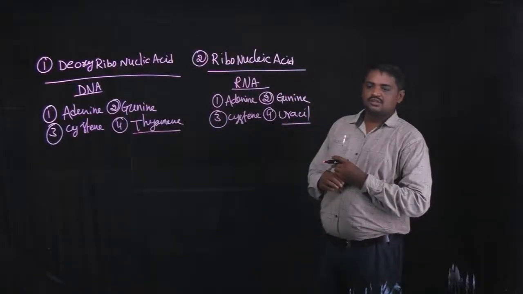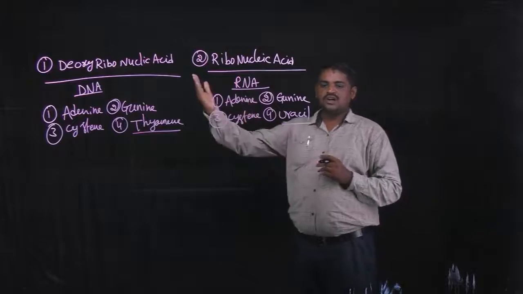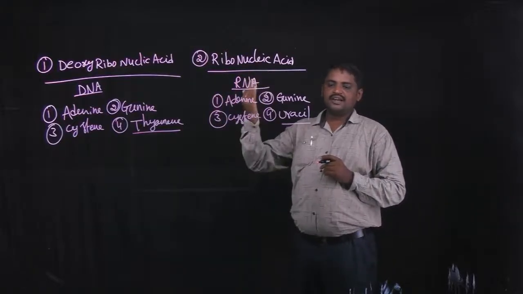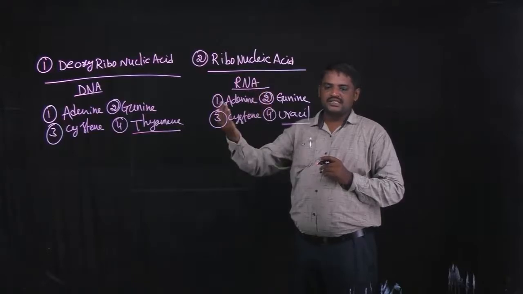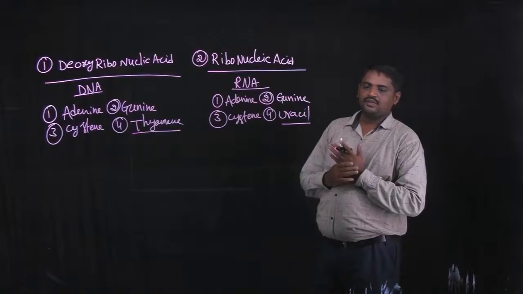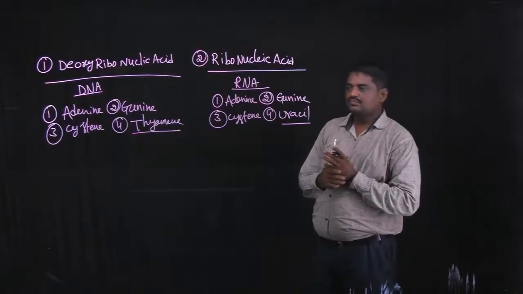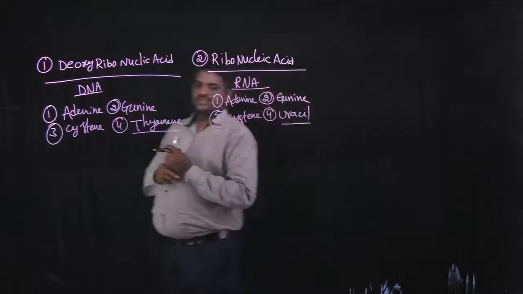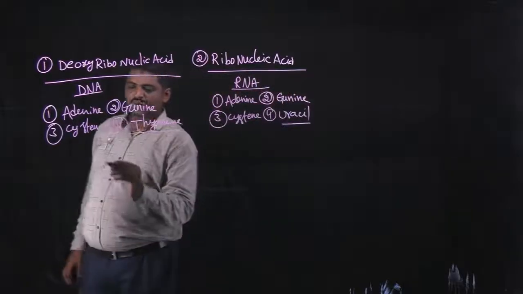So first, what is the meaning of nucleic acid and the types of nucleic acid? The main ingredients are the different types of bases and the construction of nucleic acids. These are DNA and RNA. So next, the structure of DNA.